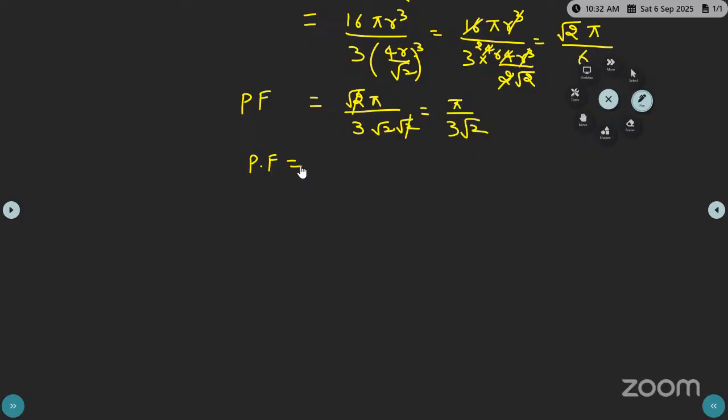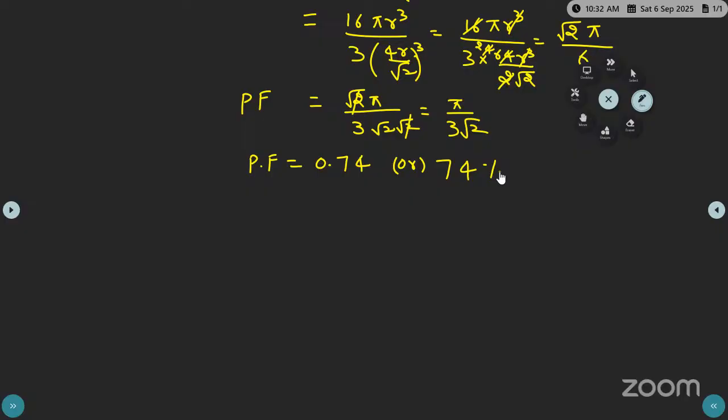0.74. What is the answer? 0.74. What is the packing factor value? 0.74. That means 74%. So what does it mean? The total volume of the unit cell is how much? 100%. Out of that 100% volume,